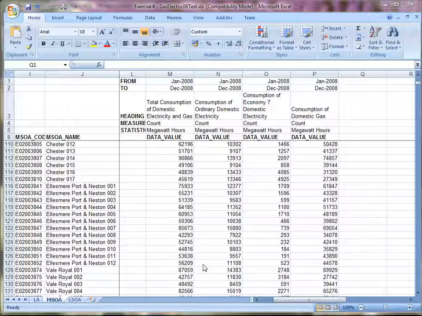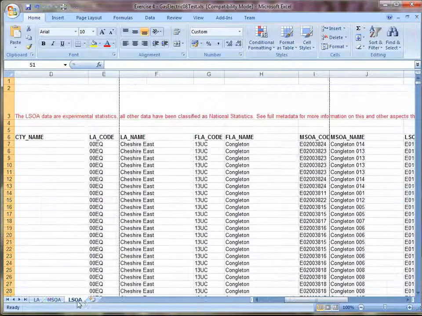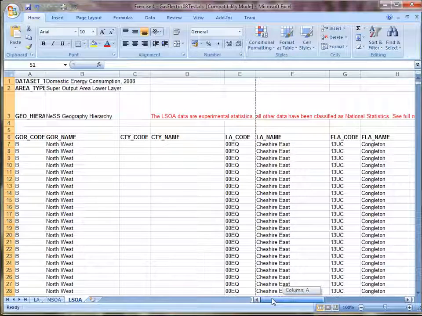This is data admin exercise number 4, automatic aggregation and standardization of data. In this exercise, we're going to learn how to create a data set within the system where we're going to aggregate the data from LSOA level to higher geographic levels, and we're also going to standardize the data based on pre-configured standardization methods. In this example, we have some energy consumption statistics which have been downloaded for demonstration purposes from